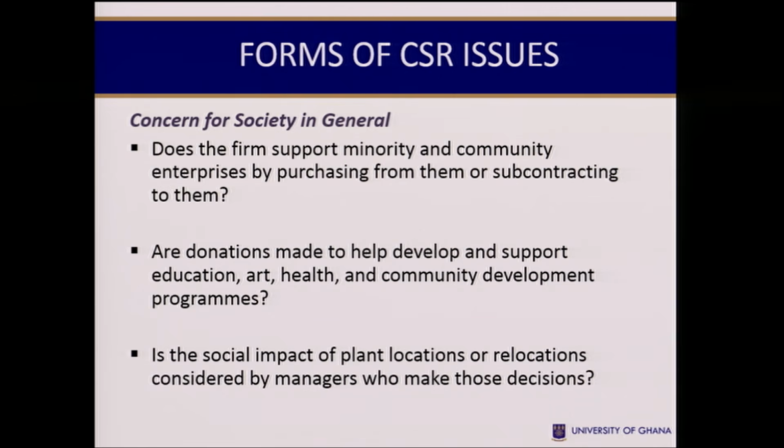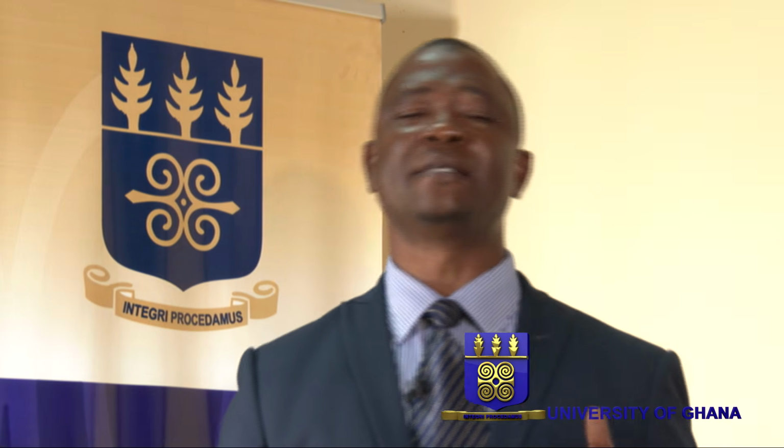Are donations made to help people and support education, art, health, and community development programs? Is the social impact of plant locations or relocations considered by managers who make those decisions? So clearly, these are some forms of CSR. It's not just targeted at customers, but also at employees, the general society, and the environment. So our CSR target